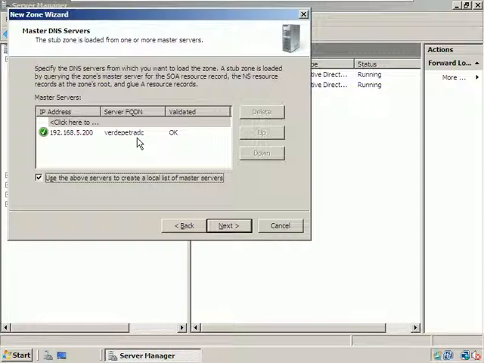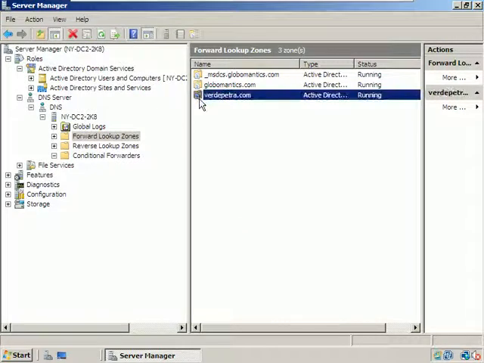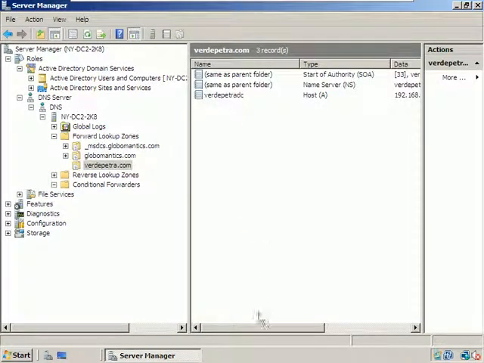And we all know from the previous videos that that's not the best solution, right? We should have at least 2 domain controllers for redundancy in every segment of our network if we can afford it. All right, so we're going to go ahead and tell it next, and now we're going to tell it finish. Let's go into this particular zone for verdepetra.com, and you'll see here we